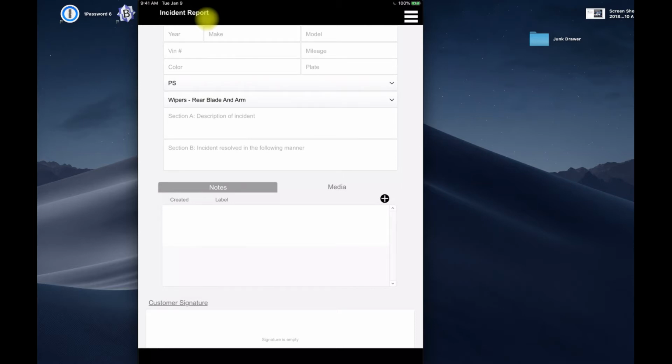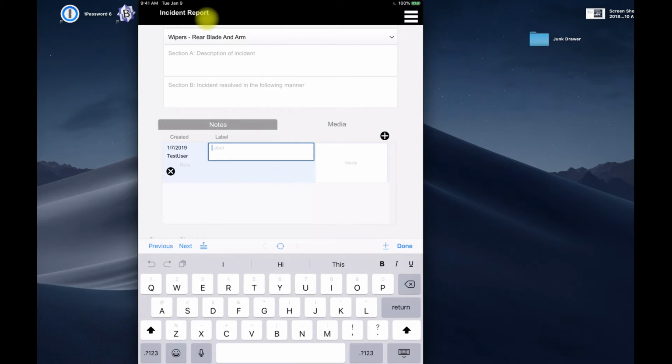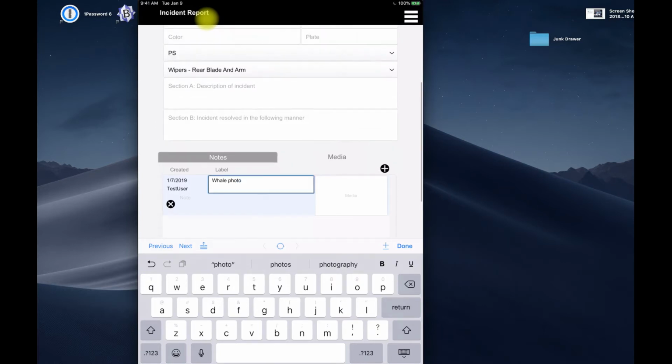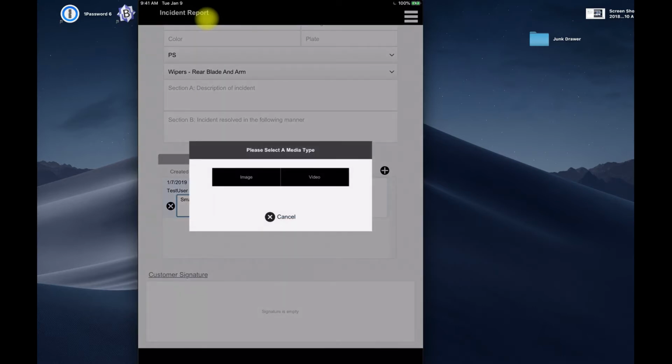Here, if I want to add a new media, whether it be a picture or a video, I just come here and I select the label, whatever I want to call it. I'm going to call it whale photo, because that's what I'm going to do: take a picture of a whale. Then I'm going to say maybe some notes, small scratch, or whatever you want to say about this photo. And then I'm going to select image,